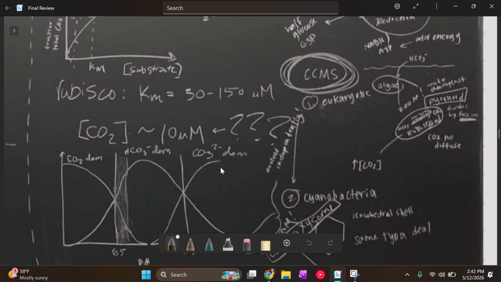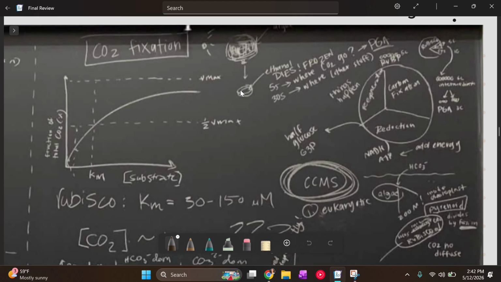Oxygen, but CO2 is way less. So it's pretty good at it, but it's still not that good at it. And so what the solution is for our algae, who are very efficient, some algae that is, so there are